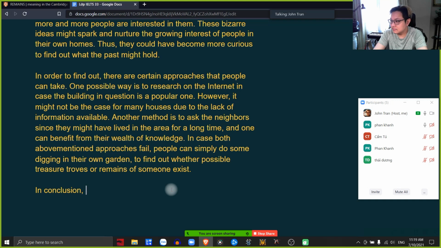In conclusion, the trend of people wanting to unearth, có một từ đó chính là unearth. Earth là đất, unearth tức là đào xới đất lên. Unearth means to dig something up, you know. Or unearth also means to reveal the truth about something. Unearth cũng có nghĩa là vén màn sự thật về cái gì đó. The trend of people wanting to unearth the truth,